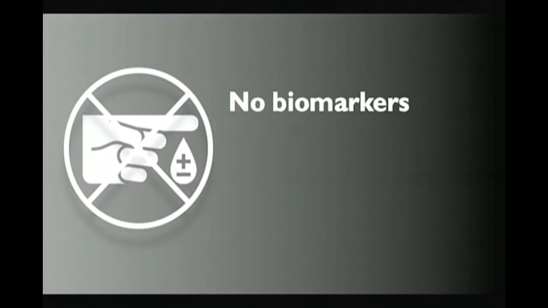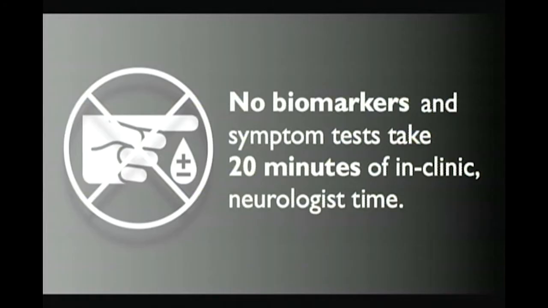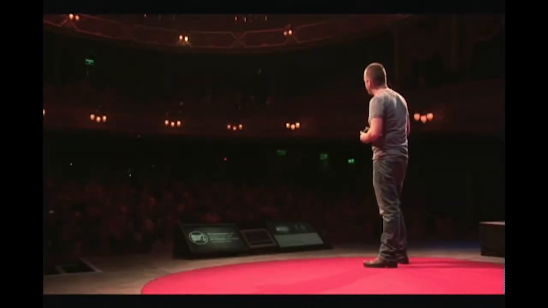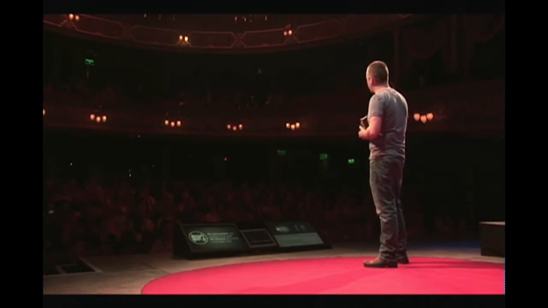But frustratingly, with Parkinson's disease and other movement disorders, there are no biomarkers. So there's no simple blood tests that you can do. And the best that we have is like this 20-minute neurologist test. You have to go to the clinic to do it. It's very, very costly. And that means that outside of clinical trials, it's just never done. It's never done. But what if patients could do this test at home? Now that would actually save on a difficult trip to the clinic. And what if patients could do that test themselves, right? No expensive staff time required.